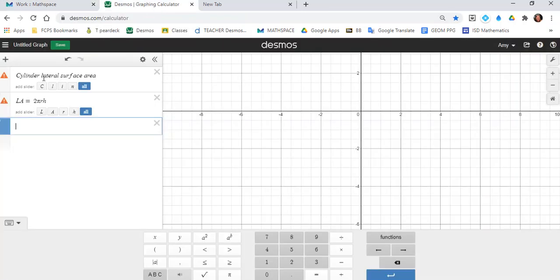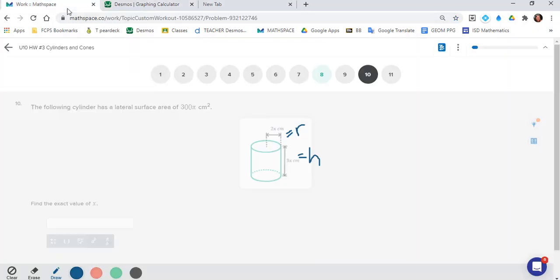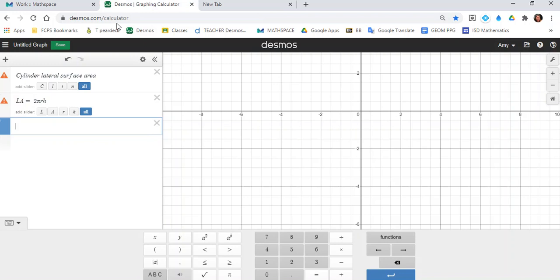I'm going to click over here and write cylinder lateral surface area. I'm going to grab the LA formula off the formula sheet, and it's 2 pi r h. Then I'm just going to plug in what they give me. They tell me 300 pi, 2x, 3x. 300 pi equals 2 pi